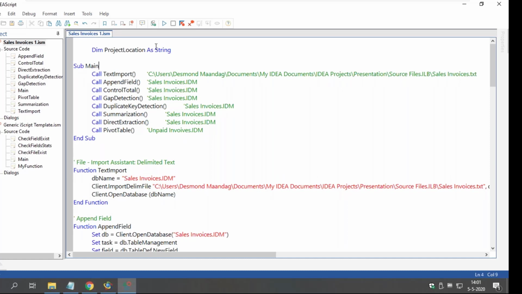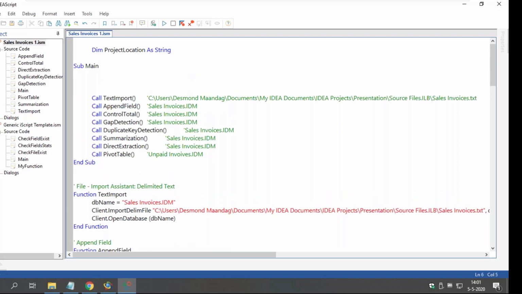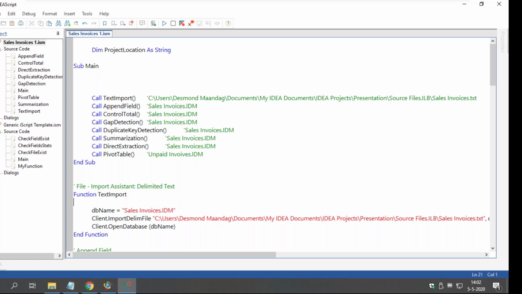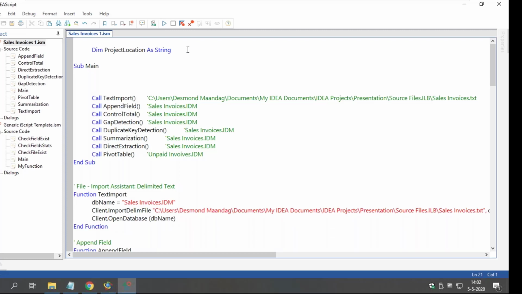Then when I've done that, I've allocated memory, I need to fill that memory. So between the Sub Main, I'm going to fill it with a value. This is what we call a global variable. A global variable you can use throughout the entire script. If I need to do something and have a variable only specifically in a routine, I would dim it here. But then I can only use it in this routine and nowhere else. So Dim projectLocation as String. So now I have to define it. So I have to say projectLocation